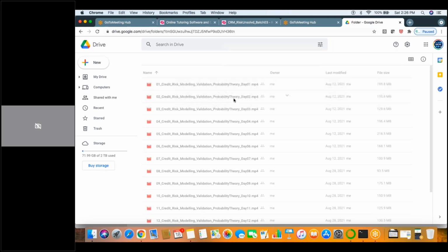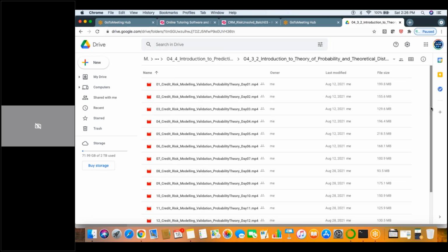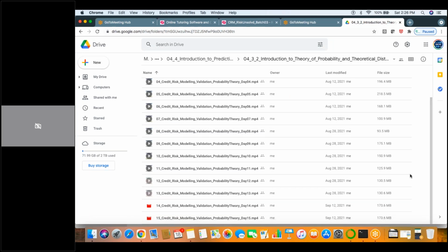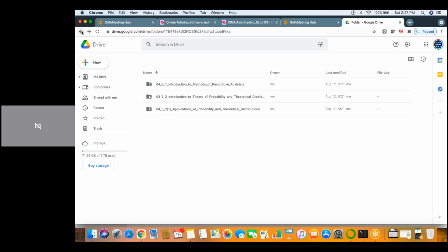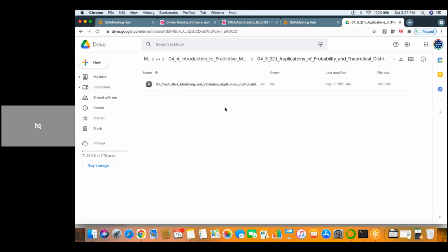Then we have completed around 15 sessions for probability theory. Right, so in probability theory, we started from the classical theory of probability. We have discussed the axiomatic theory of probability, and then we have gone on to talk about the mathematical theory of probability. Right, so after finishing that, the next thing that we are currently doing is we are talking about the